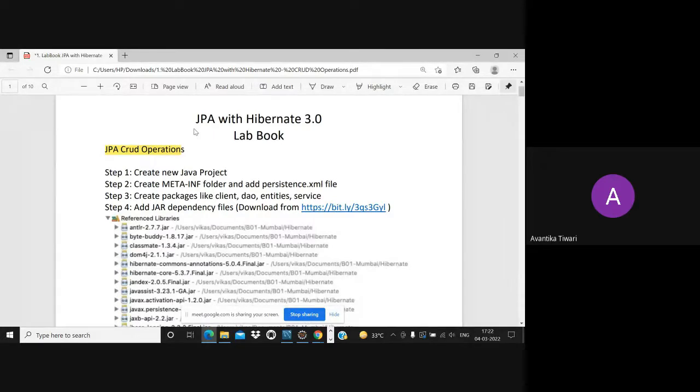So in every project in which you are making use of Hibernate, you have to add these external jar files. Else it will not identify some terms like entity manager factory, all these things. Your compiler won't be able to identify them if you don't add these jar files. Any doubt till this point, students?